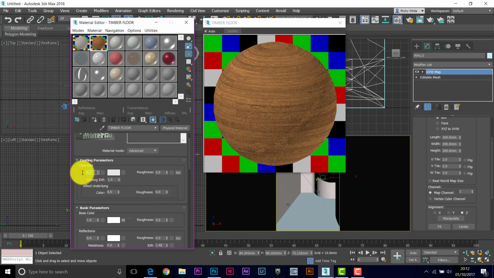We don't want to make it too crazy, so 0.2 for the clear coat. You can see it's very shiny at the moment, okay, because there's no roughness. So I'm going to have 0.35 for the roughness. Okay, it looks a bit like a dull varnish now,